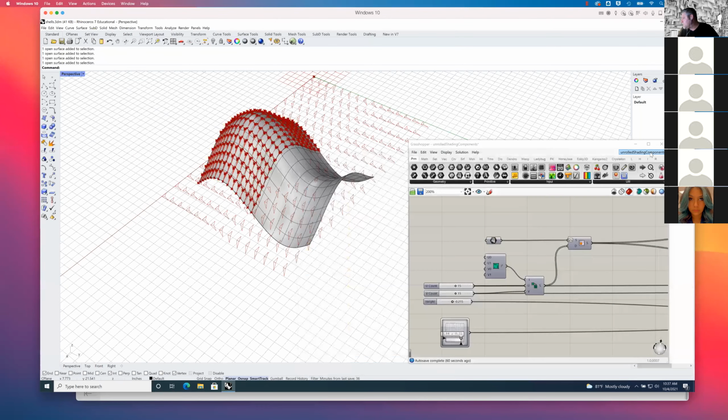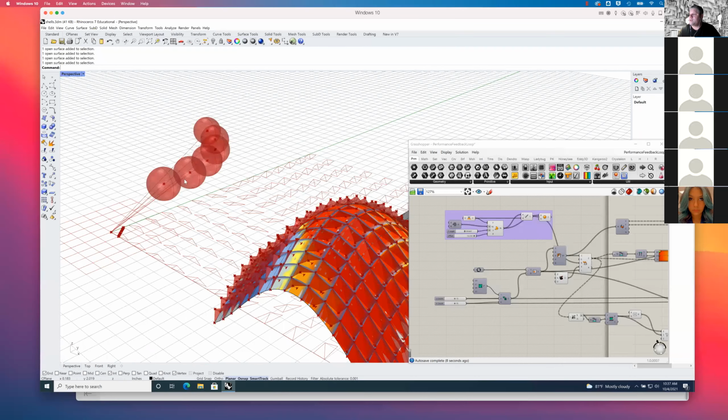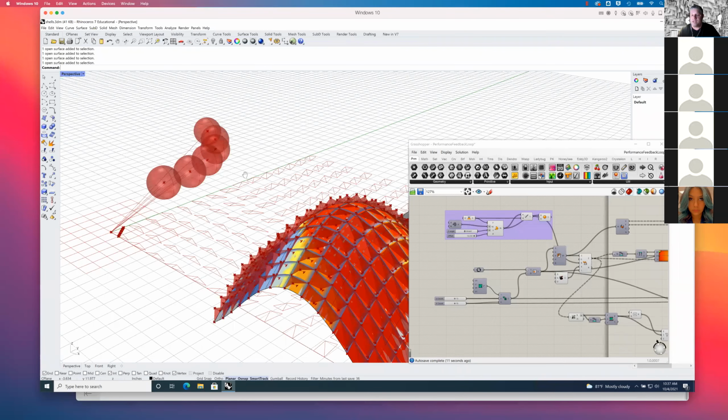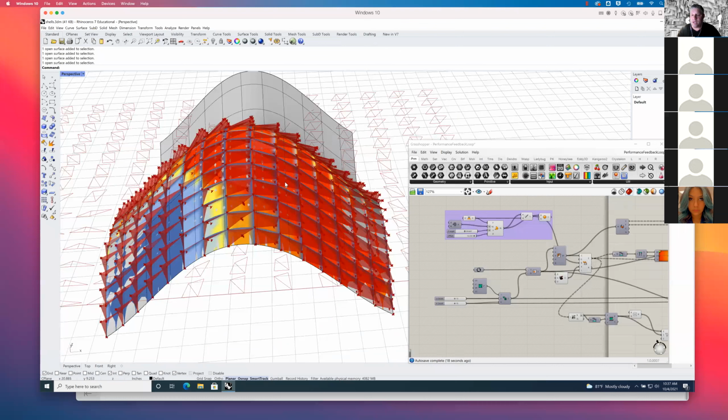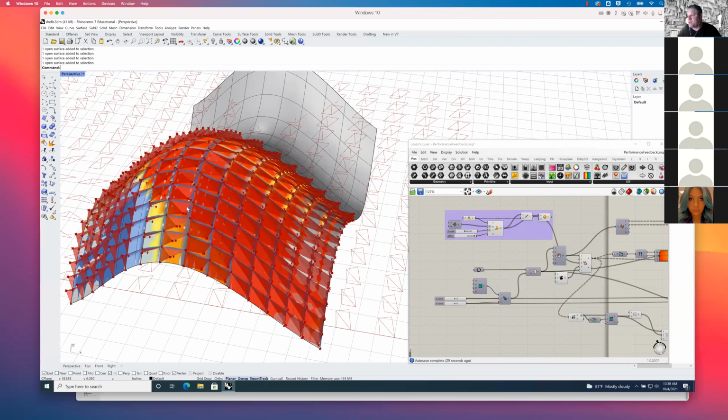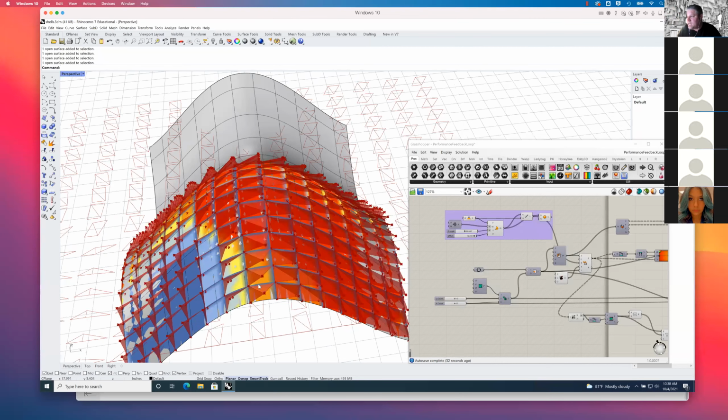The other thing is we'll take these components and I'll give you a few different sun rays, right? And then you'll measure how much solar radiation your surface receives. Then based on that data, you'll plug that data in and begin to change the surface geometry. And so you can see that this is the exact same shading components, but now